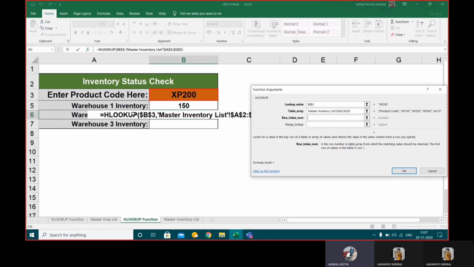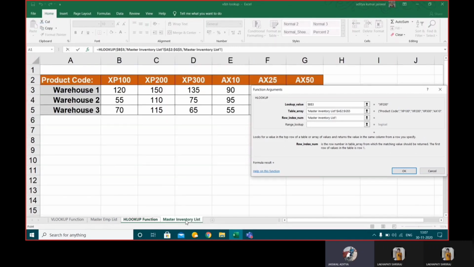Now we want warehouse 2 under the product code XP200. So we will shift toward the master inventory list. This is the product code XP200, warehouse 2, that is over here. So we will count 1, 2, 3. So here the number would be 3.